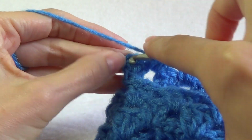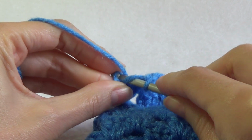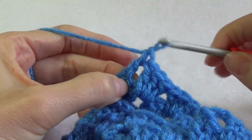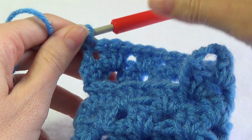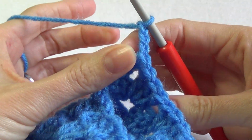That's the same for each row from now on. You need to have it looking exactly like it did on the other end. So double crochet into there, because we've got a stitch by itself and a gap, and then stitch by itself and a gap. So what we need to do now is chain up 3, turn our work around,